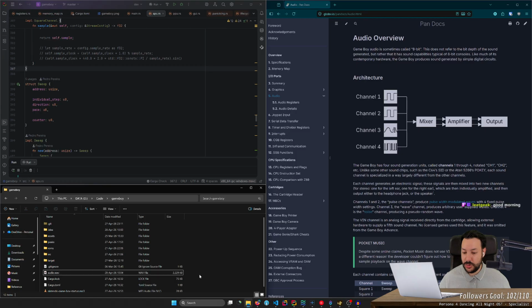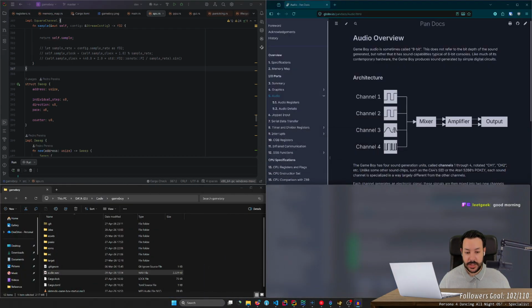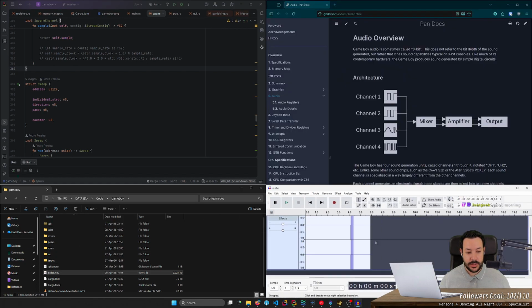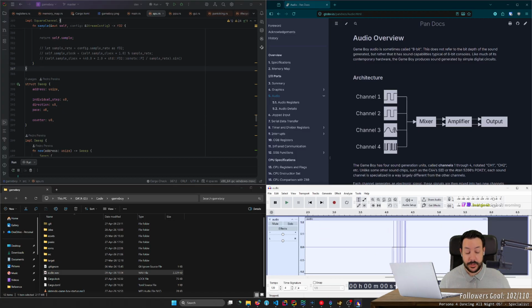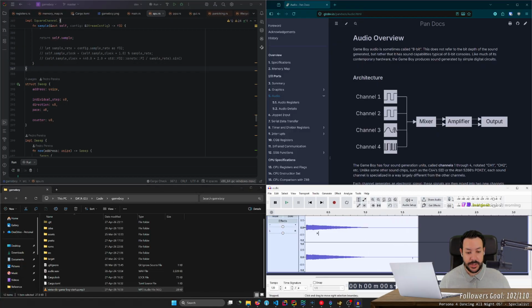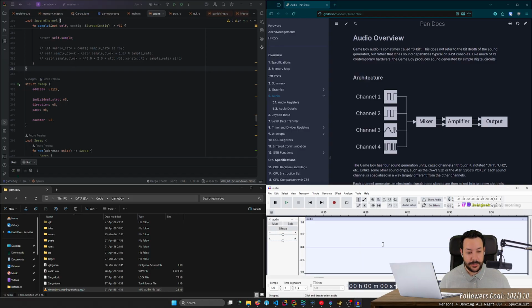But essentially we are writing this audio.wav file, which we can then open inside an editor, for example Audacity. This is what we are getting, which looks like crap, and this is what we should be going against, which is a more tightly packed wave.